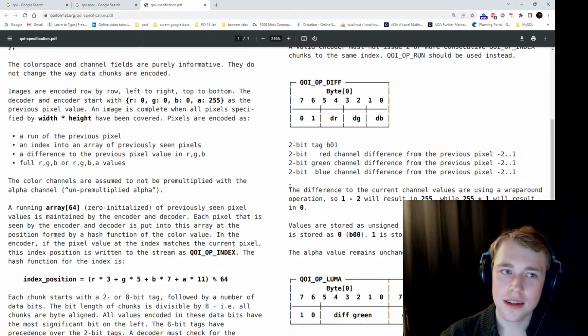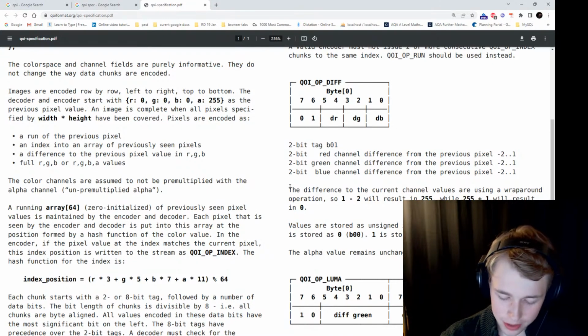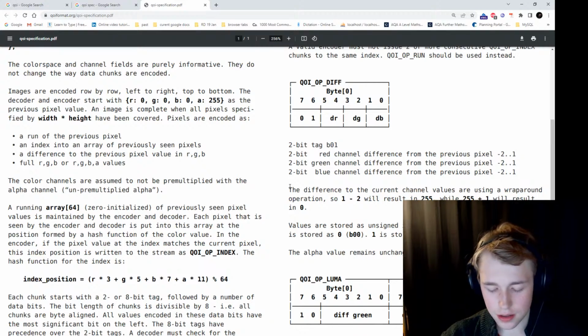There's obviously various ways that you could implement this, but I think